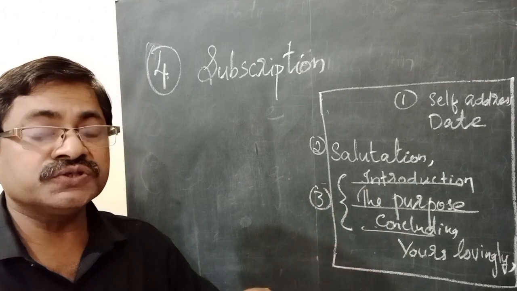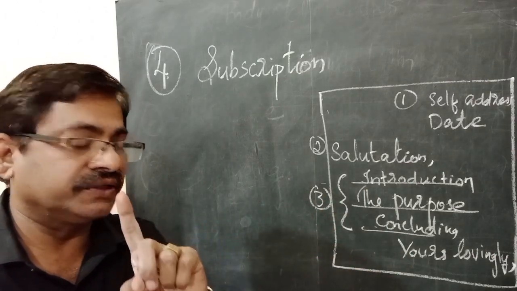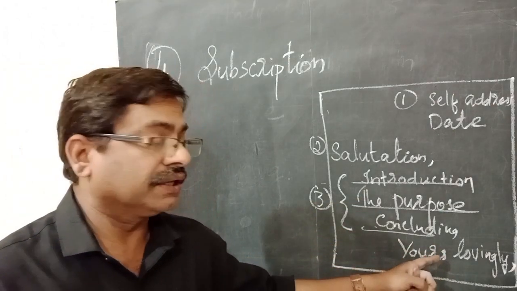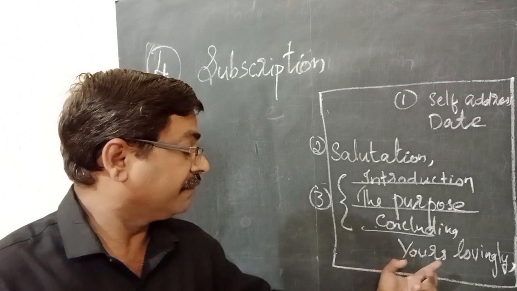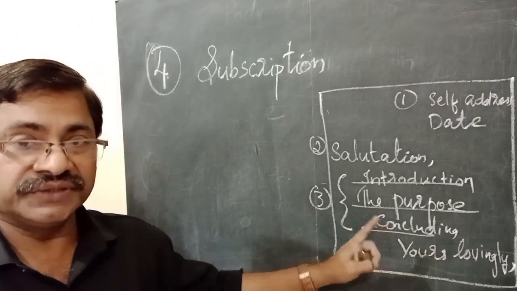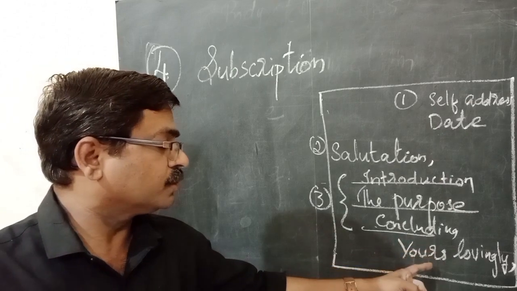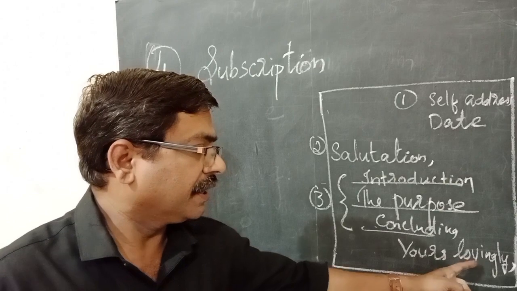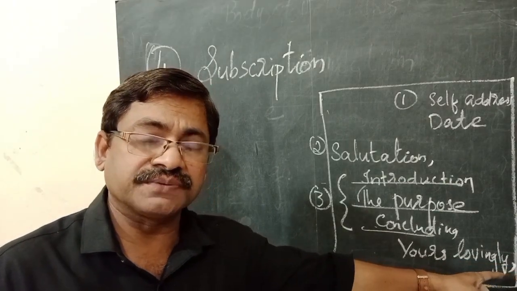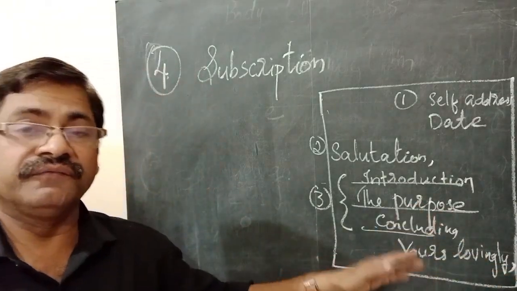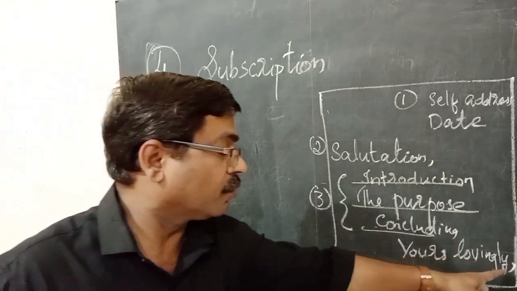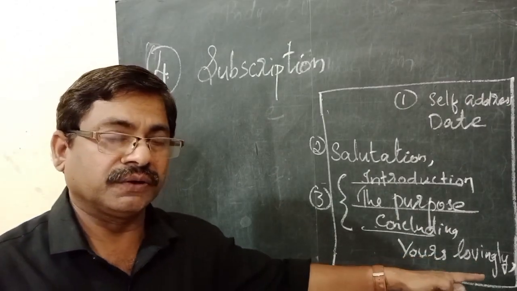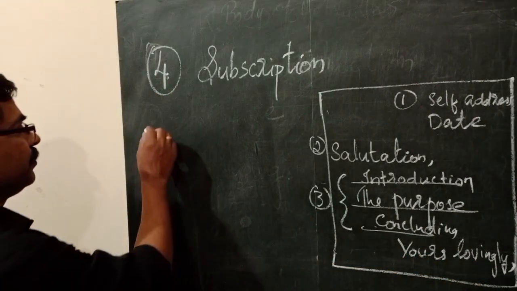And moreover, most of the children make mistakes in one thing, that they unnecessarily use an apostrophe here, after r or before s. Yours. Remember that no apostrophe should be used here. Yours lovingly, and a comma after the subscription is mandatory, very necessary. You have to use a comma after the subscription. Yours lovingly, comma. And the fifth point is